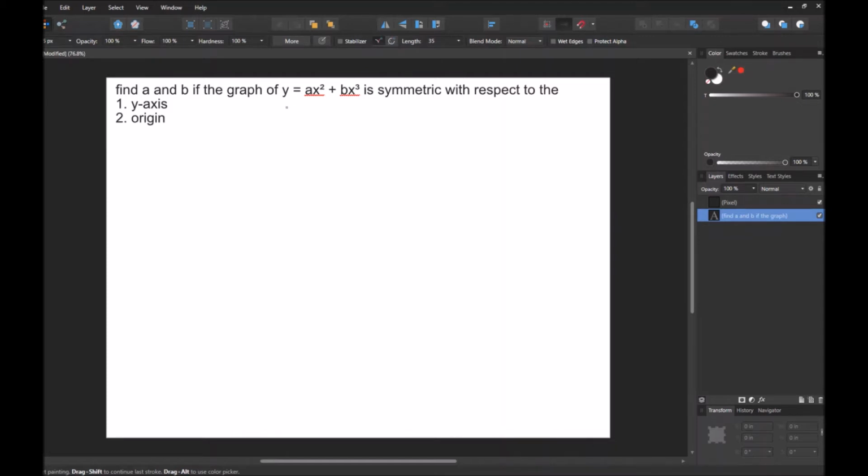the y-axis. So what I'm thinking is that if it's symmetric with the y-axis, I want to get this equation into a form that just has ax squared in it. Because if it has plus anything over here, it will be shifted or translated in some way or another. And if there's an x cubed in it, it's going to turn it into a cubic function, which we don't want at all. So we want this thing to be 0, and this thing to just have x squared in